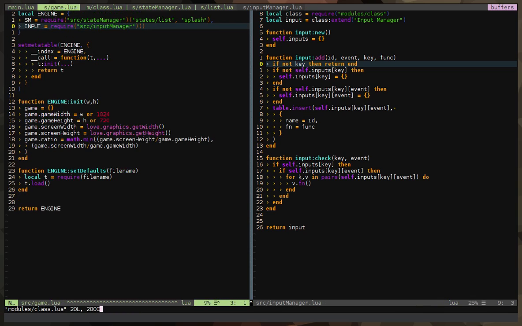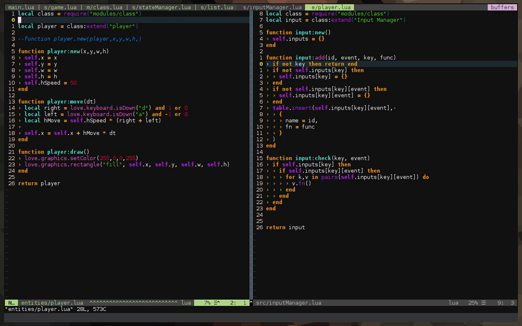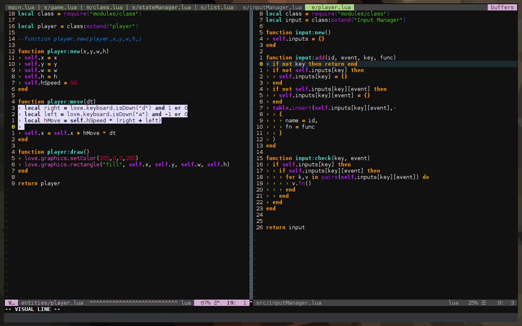We don't need this because we're checking if that exists and returning, so we don't need to use assert anymore. So let's go into our entities player. Okay, so as you can see, we have this left and right movement, right? So let's remove those.